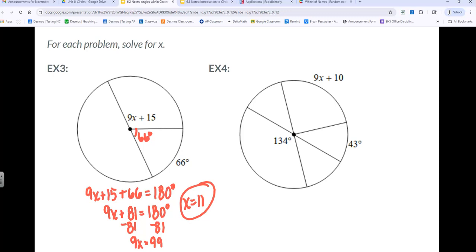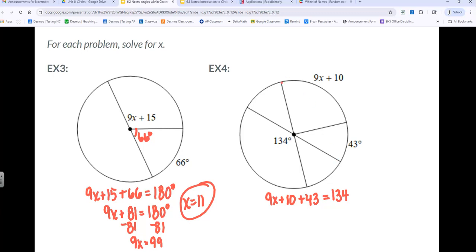Okay? Number 4 is a little different. Look at that one. Anybody have any ideas on number 4? 9x plus 10 plus 43 is equal to 134. Perfect. 9x plus 10 plus 43 is going to equal